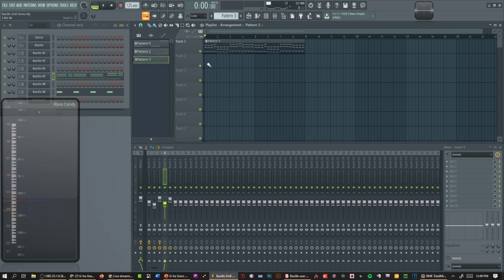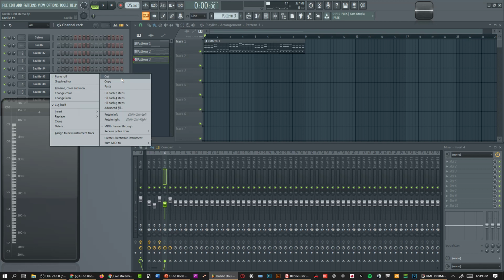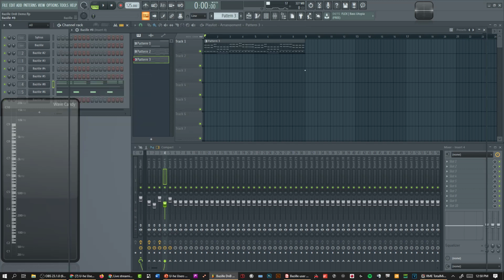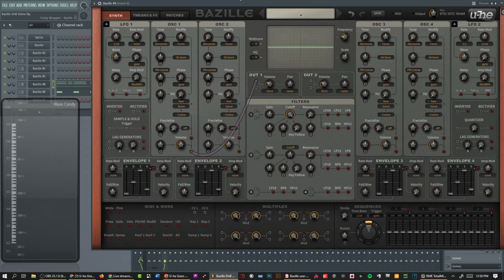So let's actually show that from scratch. Let's keep the kick drum in there, and let's cut this guy into this other Bazzill. Let's reset Bazzill. So straight up, first thing I did was I changed the saw to be a resonant frequency or resonant oscillator. And the saw could just be turned into sine waves by changing the phase distortion, or you can do very few harmonics like this,